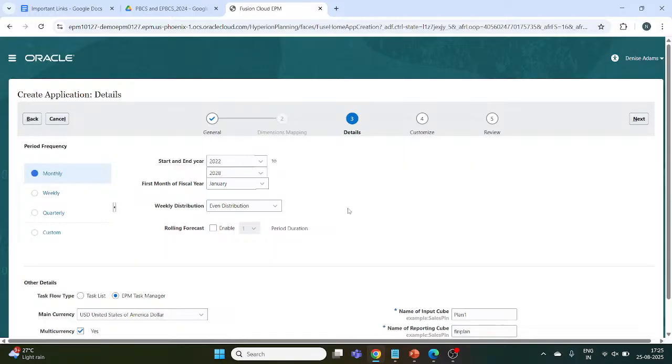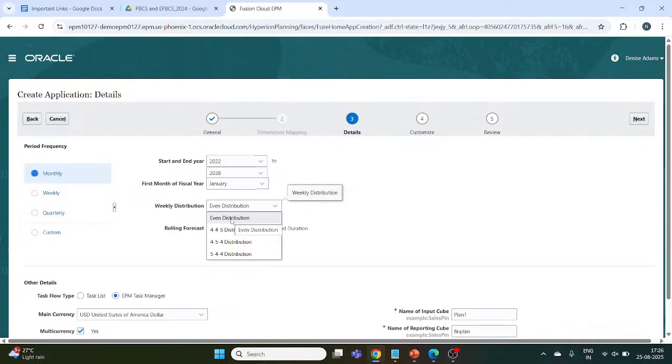So if we have to evenly distribute those weeks, we can distribute them on the basis of quarter, 13 weeks per quarter. So we can choose even distribution, like 4-4-5 distribution, 4-5-4 distribution or 5-4-4 distribution. It's totally dependent on the quarter. If we choose even distribution, then 13 weeks per quarter